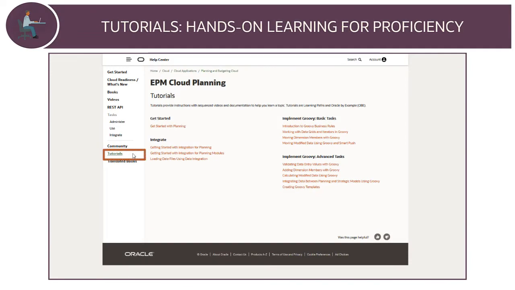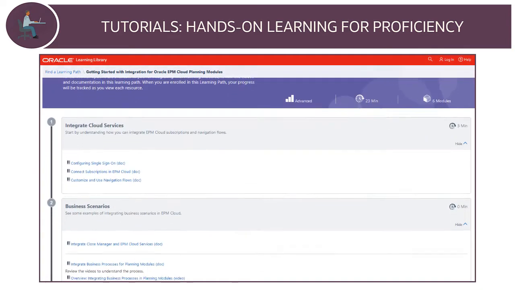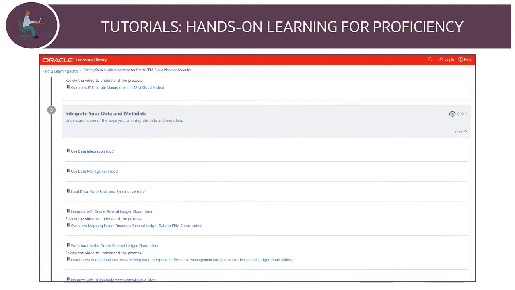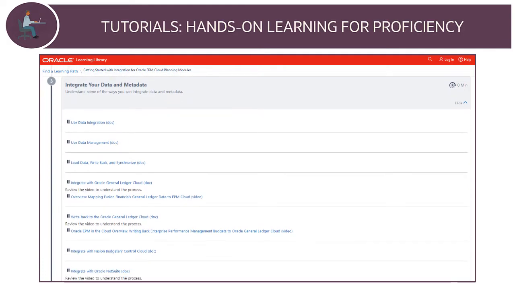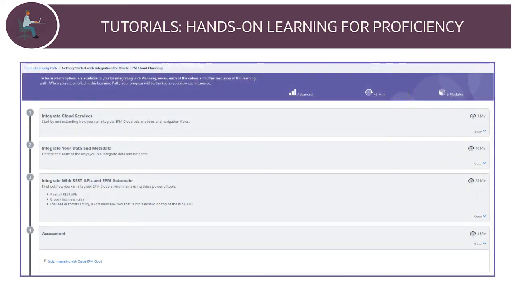Tutorials are learning modules that typically bundle documentation and video to comprehensively guide you through a task, delivering focused, easily consumed information to help you get proficient with a certain capability or process. Tutorials can be Oracle by Example, which are primarily documentation-based modules, or they can be learning paths that often include sample data and quizzes to ensure you've mastered a topic or task.